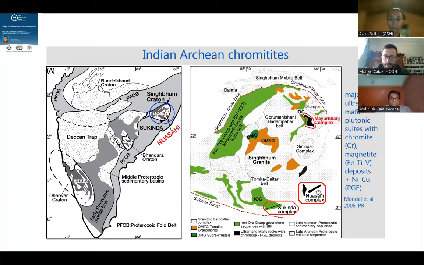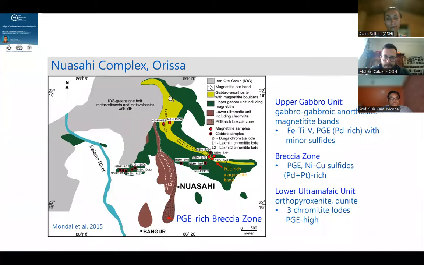Nuasahi has chromite as well as nickel-copper sulfide and PGE, and there is a titanium and vanadium bearing magnetite deposit as well. In the Mayurbhanj igneous complex, we have titanium and vanadium bearing magnetite deposits hosted within the upper gabbro-anorthositic rocks. So this is the geological map of the complex,